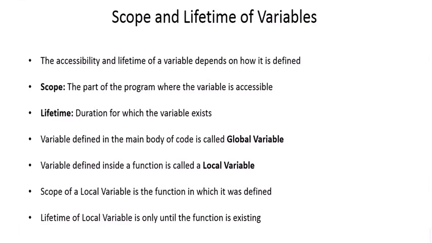Scope and lifetime of variables. Scope of a variable is the section of a program where the variable has its existence. Parameters and variables defined inside a function are not accessible from outside the function. Hence, they have a local scope. The lifetime of a variable inside a function is only until the function is being executed. They are destroyed once we return from the function. Hence, a function does not remember the value of a variable from its previous call.